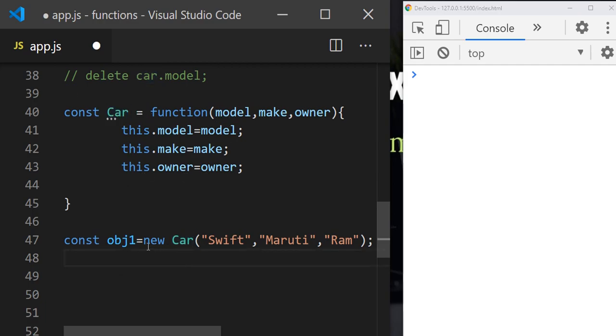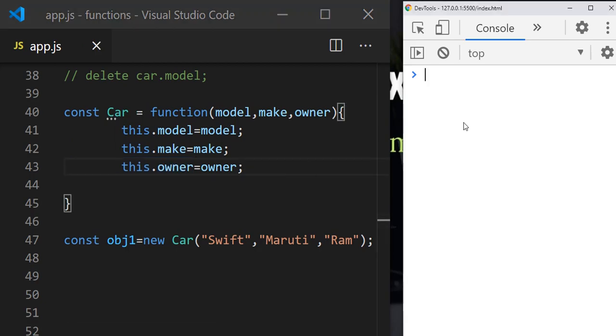So what is happening when you create it? It will call this function constructor and pass the values, Swift, and this will be the property name. Model will be the property name, and again this dot make is make, again the property name, and this dot owner, again the property name. So let's print and see the value here.